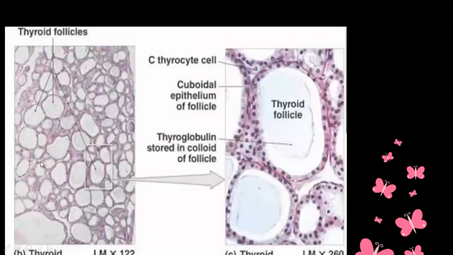So this is the thyroid gland and it is made up of the follicles, called thyroid follicles. This is the thyroid follicle, which contains the primary cells, called follicular cells, which extend to the lumen of the follicle. And surrounding the thyroid follicle, there is a membrane called the basement membrane.